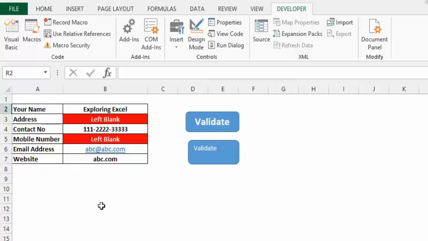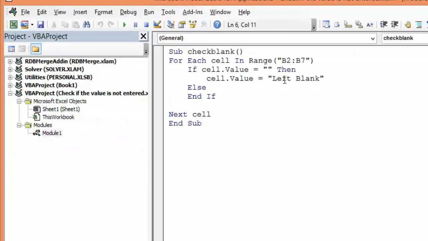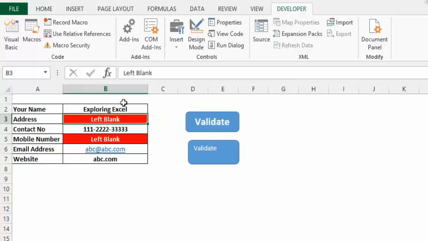Now the most important question that arises is how this color got red. If you remember, you have learned about conditional formatting, and you can use conditional formatting here to highlight. If you see the code here, it goes something like left blank, so you can use conditional formatting on left blank to highlight the cells. Let's see the procedure.